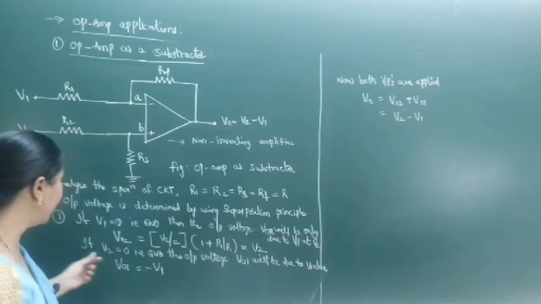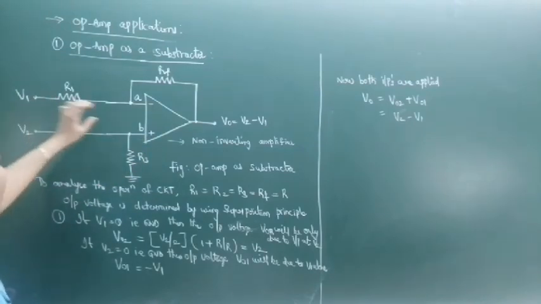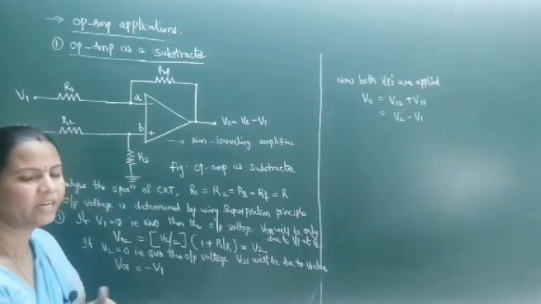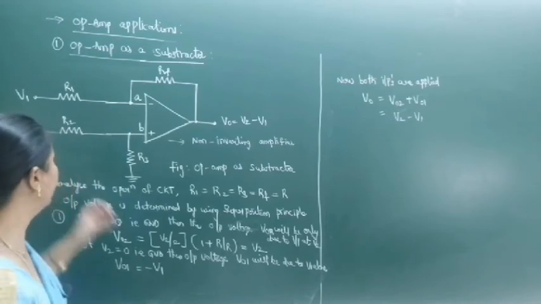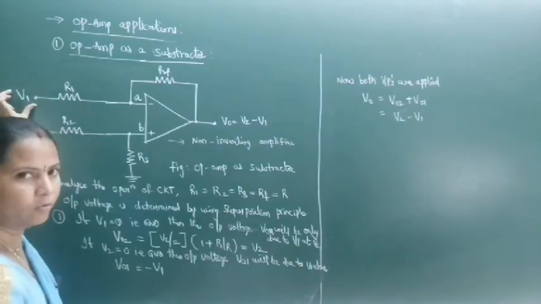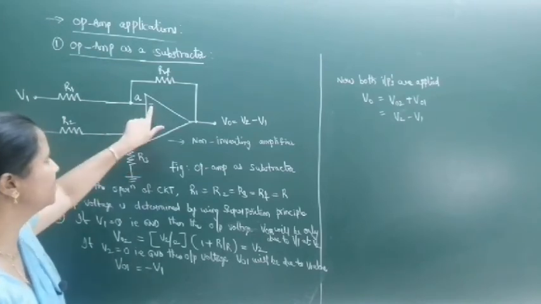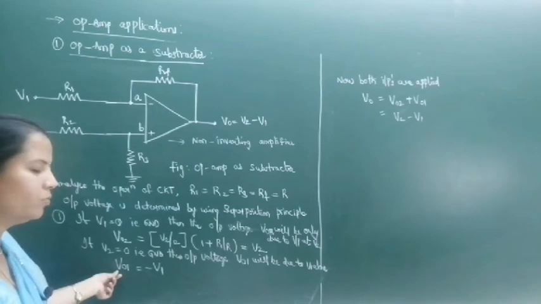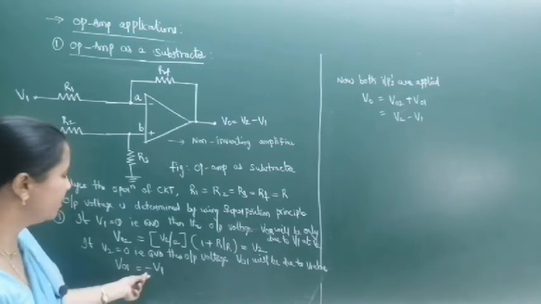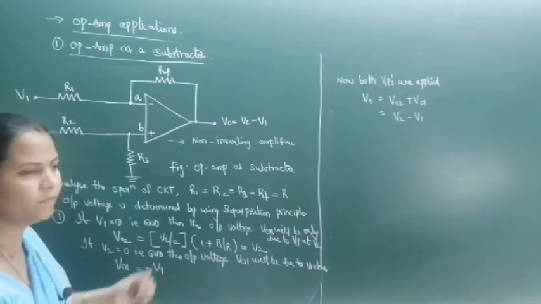V2. And second condition, if V2 equal to 0, so that the input at the non-inverting terminal we are connecting to the ground, then the output voltage, now we can take it as output voltage V01. So the V01 will be only due to the voltage V1 alone. Okay? So in this stage, the non-inverting terminal is connected to ground, so this circuit acts as an inverting amplifier. So the output voltage V01 equal to, here you will get minus V1. V2 equal to 0 means you will get V01 equal to minus V1.